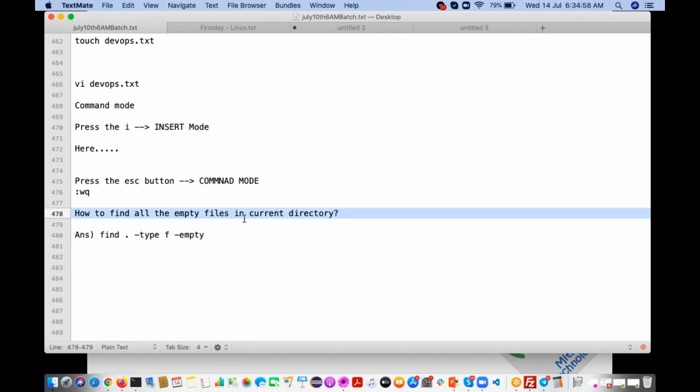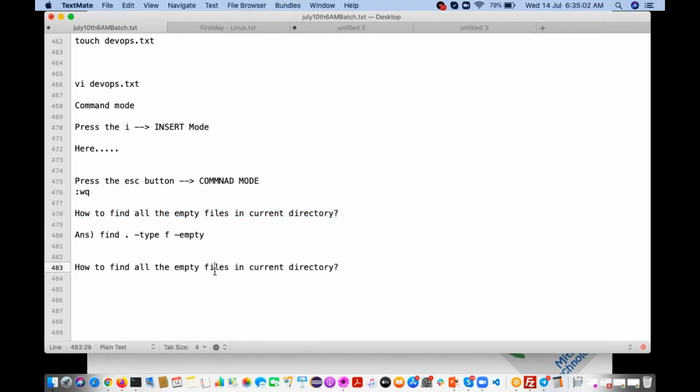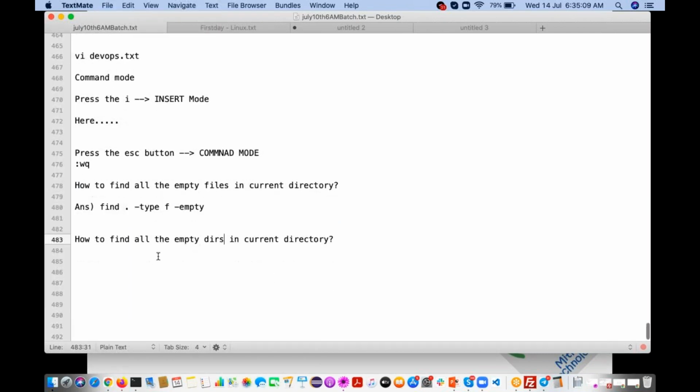Same way, another important interview question: how to find all the empty directories in the current directory? Very simple. If you know how to find all the empty files, this question is very simple. Instead of f, we are going to specify d. d means directory.